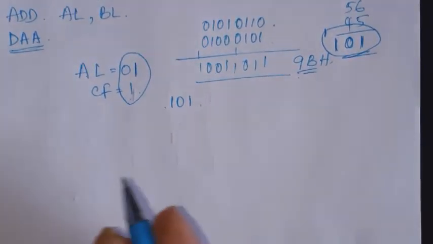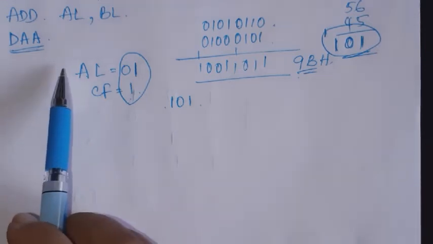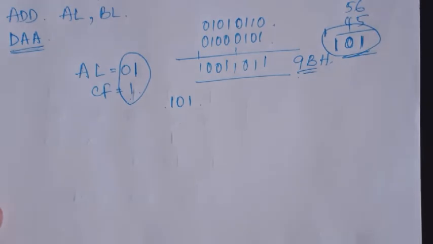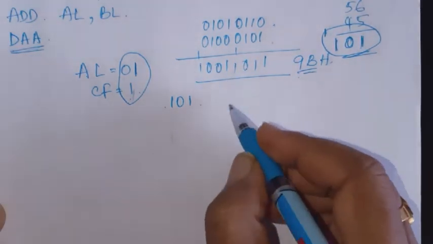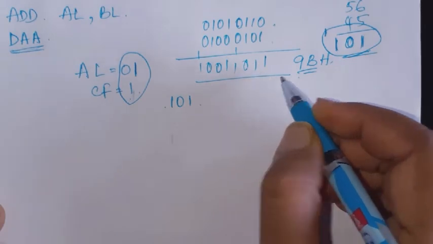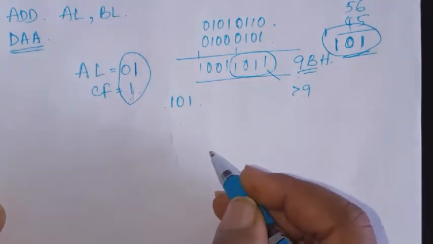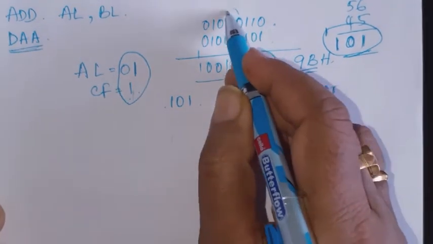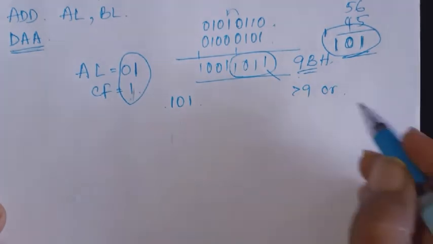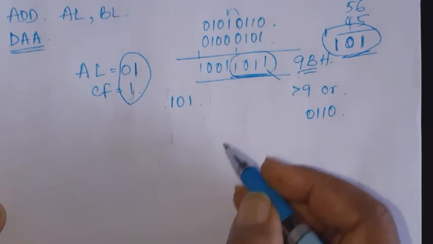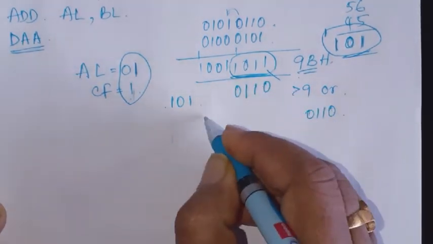How it actually performs: if you take the 8085 processor, there is no DAA instruction, so you need to write a program to convert this number to its decimal equivalent. What it does is, see this binary, if the lower nibble is greater than 9, or there is a carry from this nibble to the next one, then 6 is added to this particular lower nibble. So if you add 6 to this nibble, what will be the result?